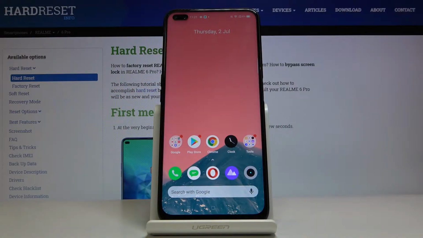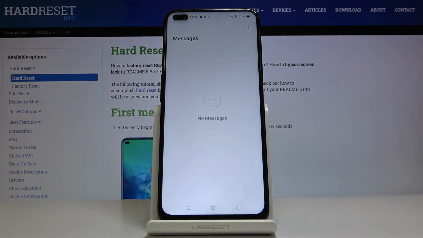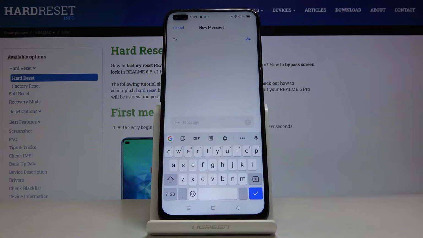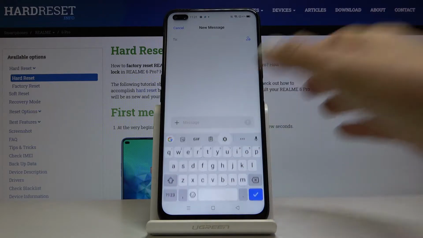Here I've got REALME 6 Pro, and let me show you how to change keyboard dictionary on the following device. So let's open the messages to check out the current dictionary. As you can see, here it is. We are set up with English, and if you would like to change it, just tap on the settings icon,